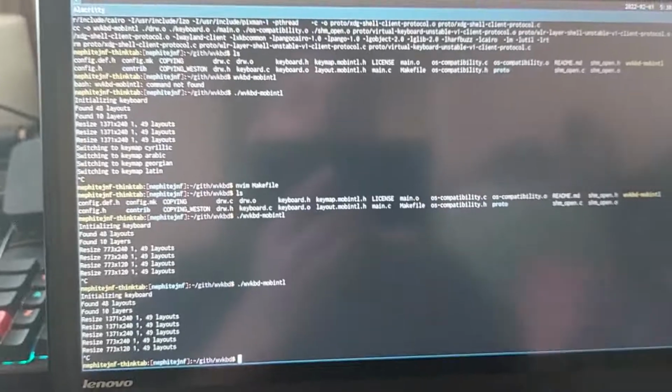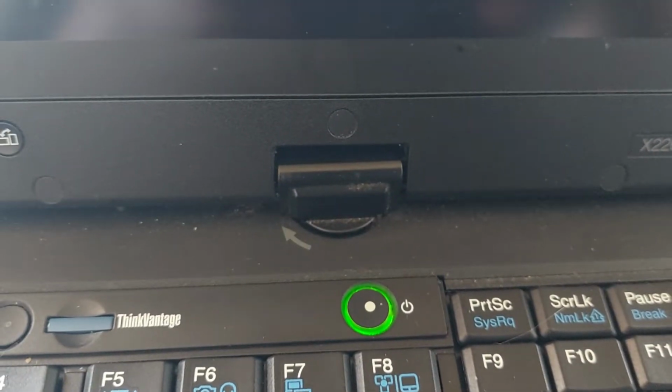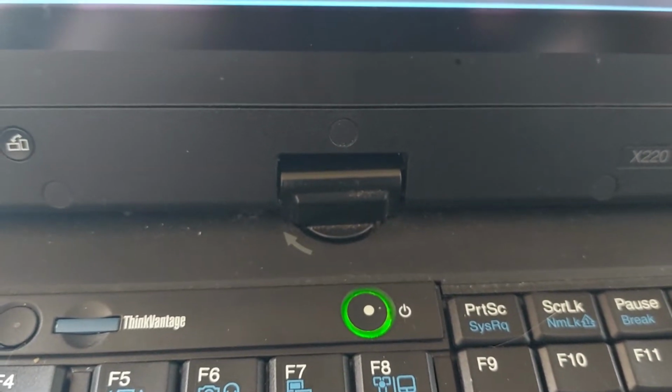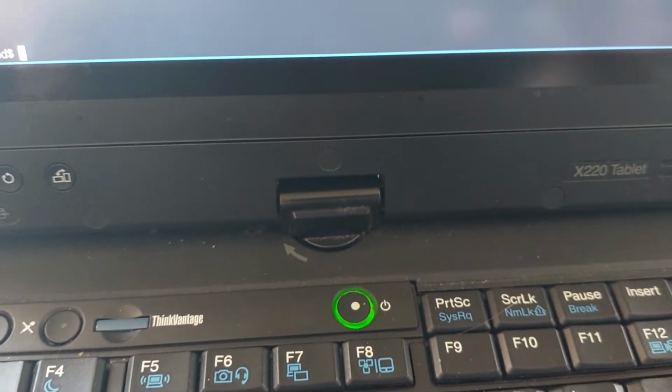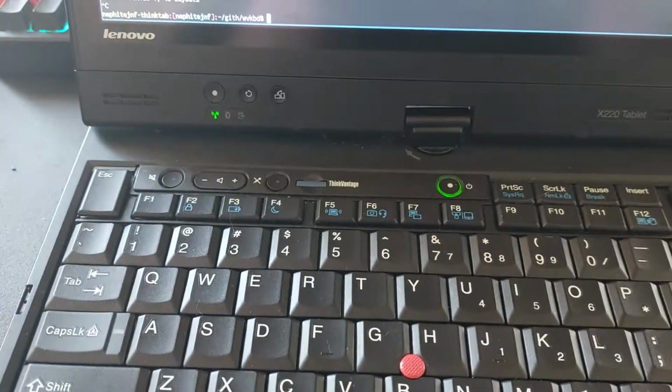Also another thing I was looking at is there's an event, I guess, that tells you when this flips in and out of tablet mode. So I should be able to find a clever way to implement that to make it go back to normal whenever I have the keyboard out. But yeah,